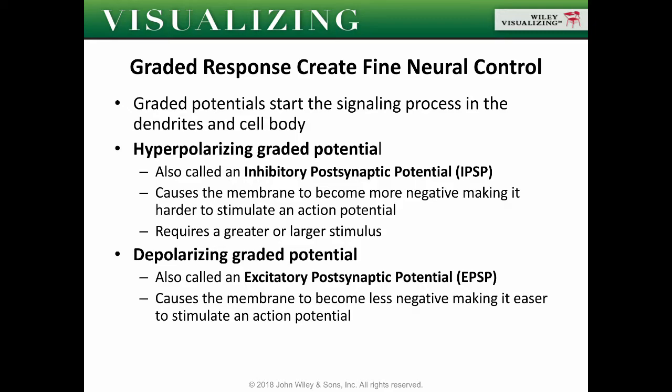Now, the depolarizing graded potential, or the excitatory postsynaptic potential, causes the membrane to become less negative, making it easier to stimulate an action potential. So this one is the opposite. So if the hyperpolarizing graded potential makes us require a more intense stimulus to actually be stimulated, for example, you need to get higher and higher dosages of caffeine to wake up properly, the depolarizing graded potential here allows the person to become much more sensitive